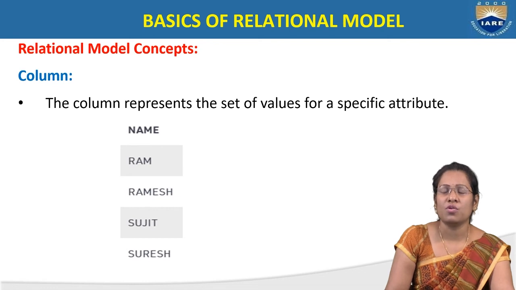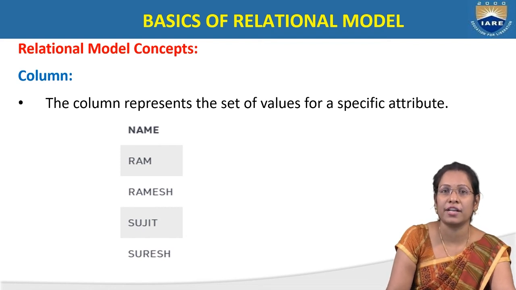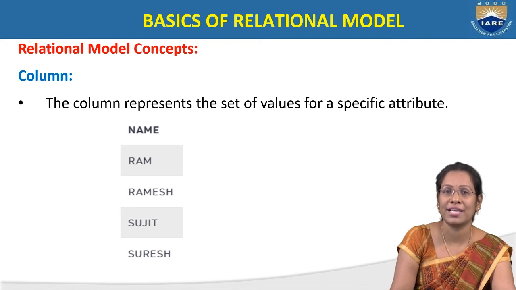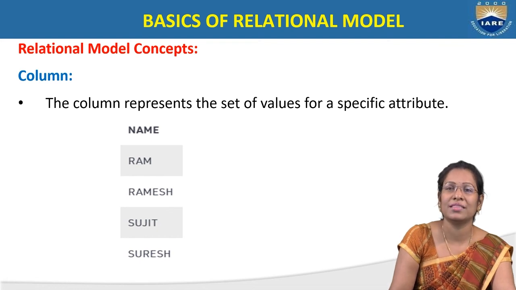So what is a column? The column and the attribute are both the same, but there is one difference: an attribute specifies the name of the property of the entity. Suppose student is the entity, student name is an attribute, student ID is an attribute. But what does a column mean? The column includes the set of values of that particular attribute. We take the SID and the SName; those two come under the attributes. The content we give under the SID and the SName, the data present inside the table, is called the column. The set of values which we give for a specific attribute is called a column.